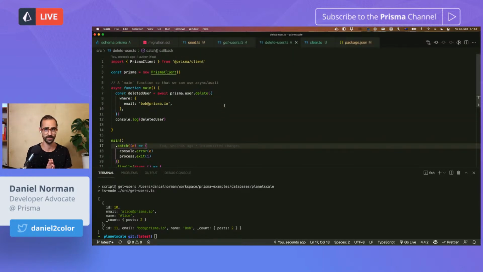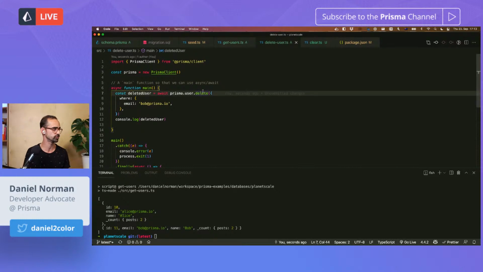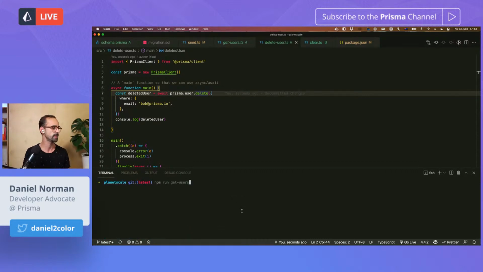That's all great. What happens when we delete a user? Typically, that's handled by the database, but because we're using PlanetScale here, this will be managed by Prisma. And so here I'm just doing a single deletion of the Bob user. And what I expect to see is that both Bob and the 2 related posts will be deleted for us. And this is emulated by Prisma.